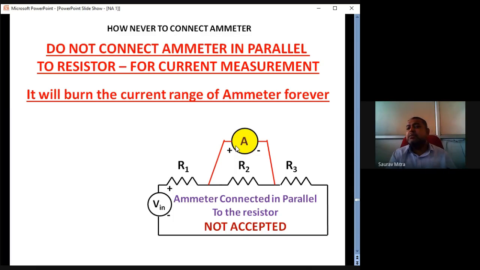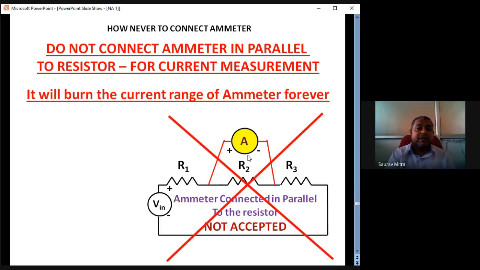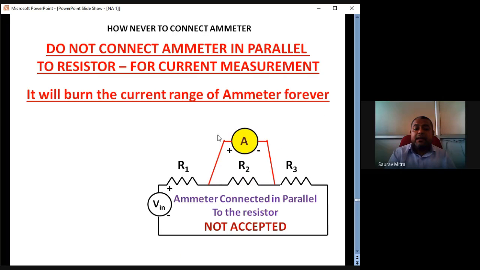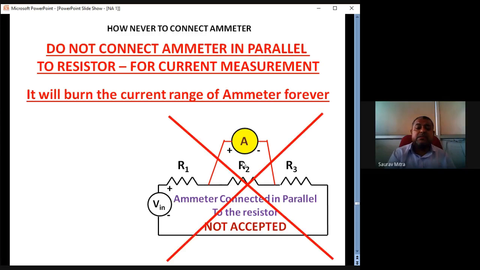That means a huge amount of power is produced, and whatever is the internal resistance of the ammeter, which is very small, almost equal to 0, that thing will burn and the whole ammeter will burn. And no current is actually flowing through R2. So in this circuit, whatever current you are getting here, or the burnt ammeter, will be giving you the wrong reading or it will burn the ammeter internal resistance. So the same thing is shown here. So this is not accepted. Connecting an ammeter in parallel to a resistance is not accepted, which is shown here.